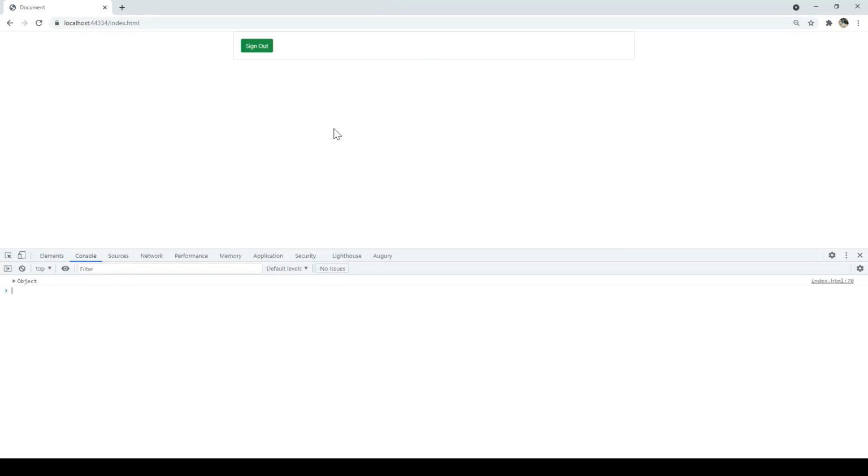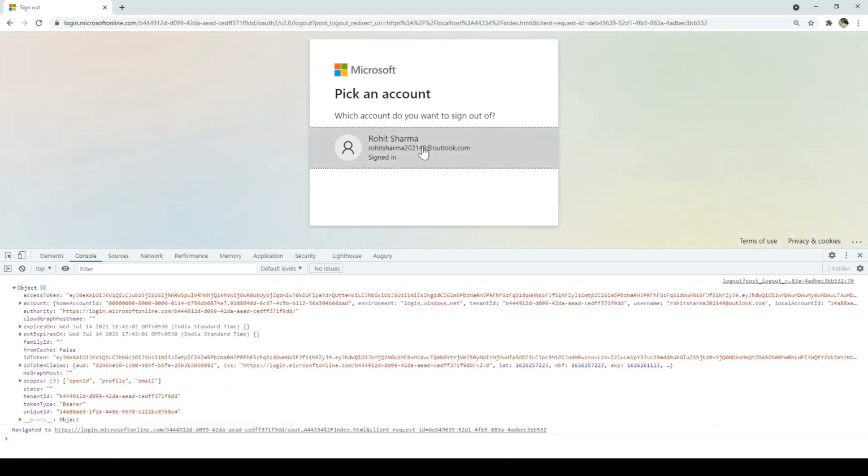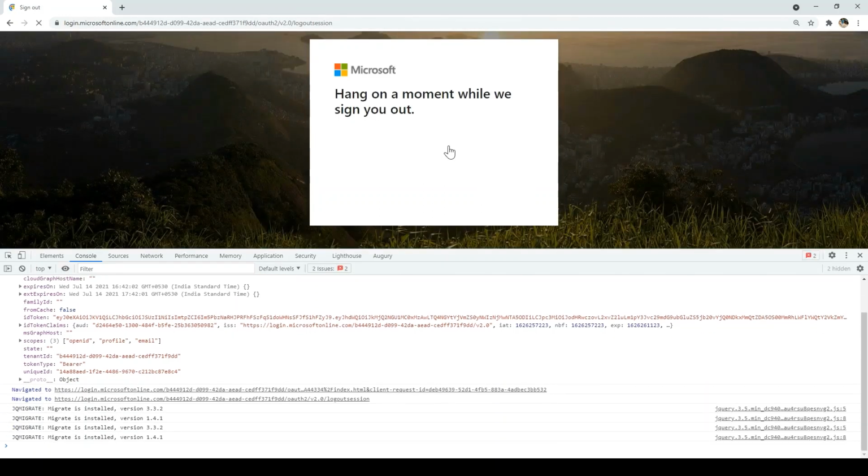So we are signed in and we can also see the response which we are getting. And if I click on sign out, it will show me the account which you want to sign out. So if I click that, I'll be signed out. So this is how the single tenant authentication works in a single page application with the help of JavaScript. So we have seen how it will work in VS Code, and if you want, the same way you can just use it in Visual Studio also.